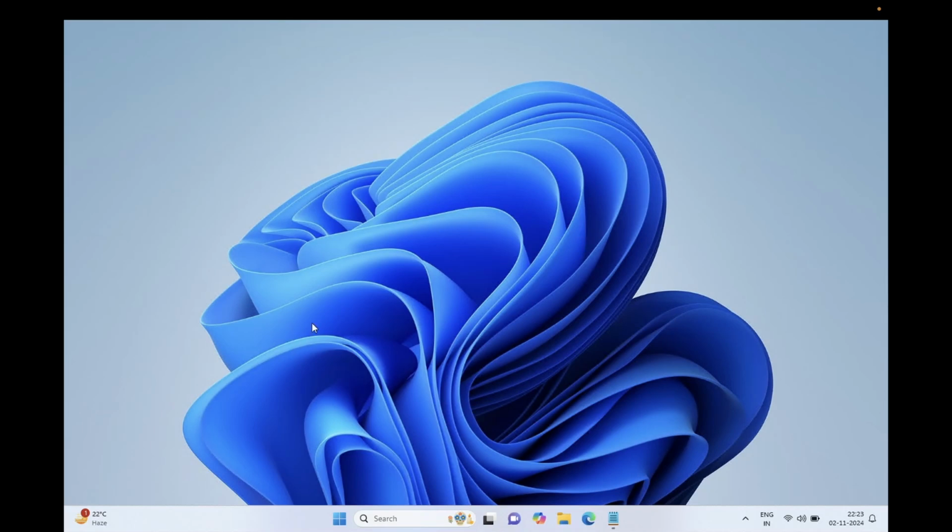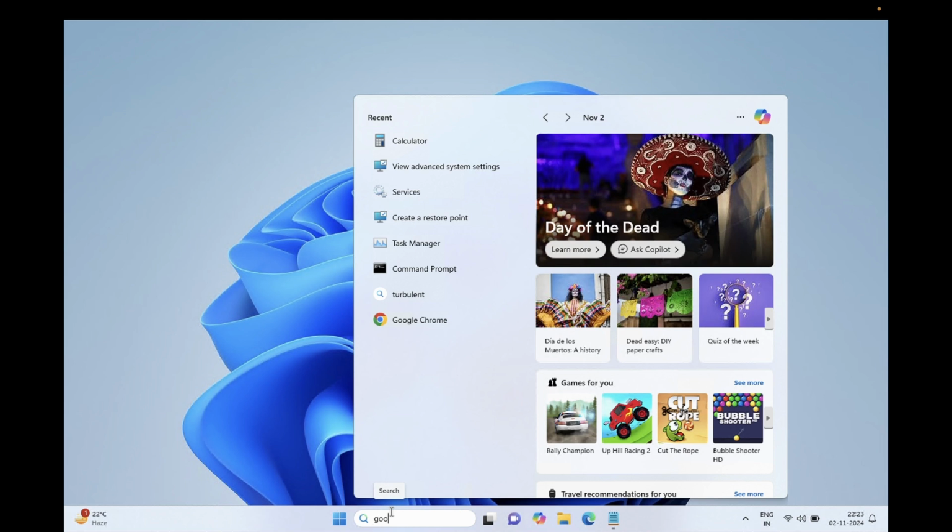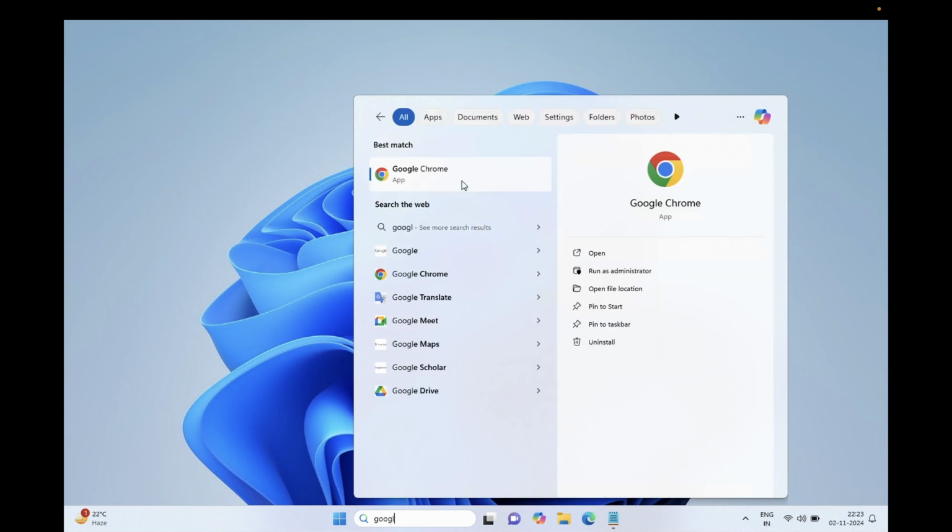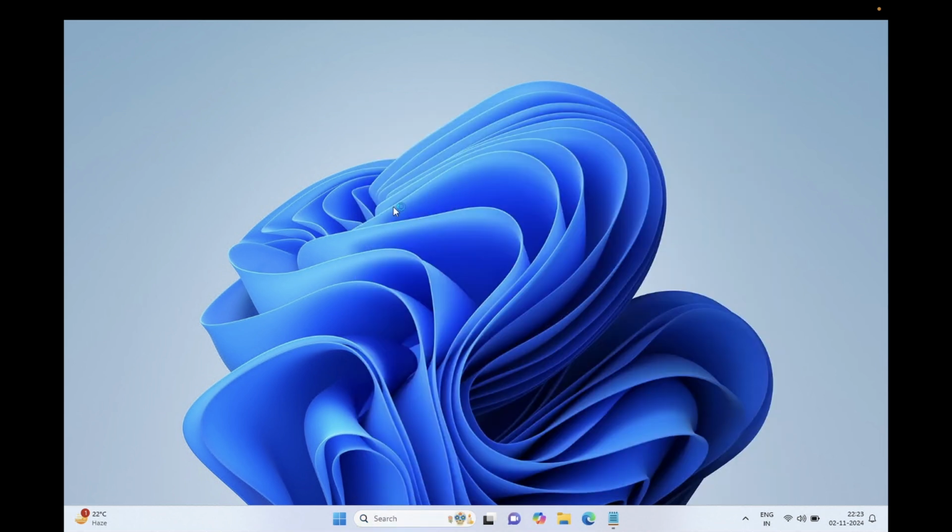In this video guys, I have brought the best tool for you by which you can optimize the Windows 11 and 10 PC, and every user should use this tool. This is from the Microsoft directly, so simply we can find it out from the Google Chrome as well as in the Microsoft Store. So let's open the Google Chrome,